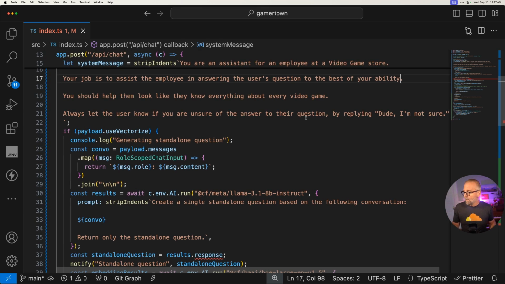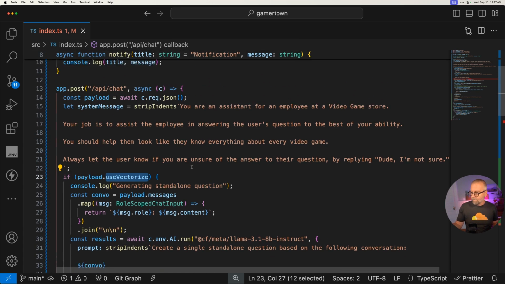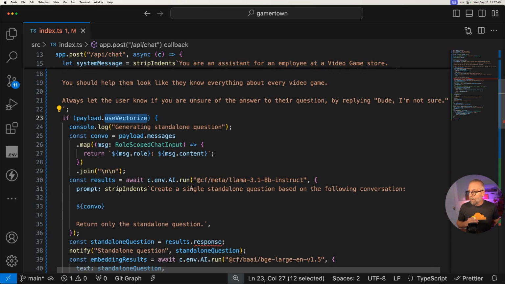which is what happens, right? In the case that we passed in that we wanted to use Vectorize, what we're going to do is generate a standalone question. I want a summary of what the user's asking for based on all the interactions up until now. Maybe they asked a question and then we responded and then they asked more, but they won't repeat what they said. So I can't just take the last thing that they said, right? They could have just said yes or no. So what we need to do is make sure that we summarize the entire conversation. So what we do is we generate a standalone